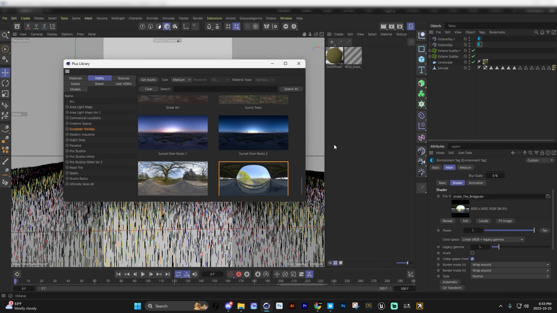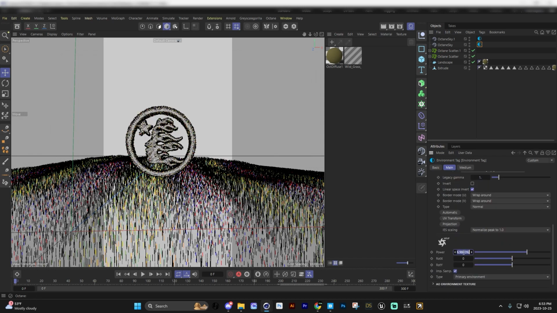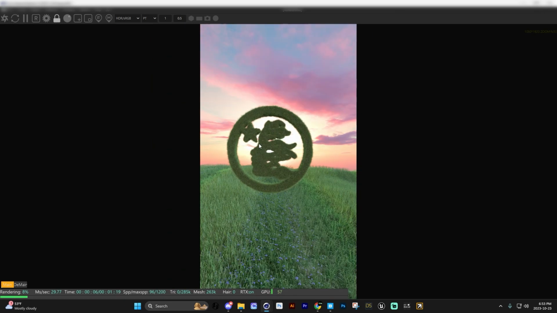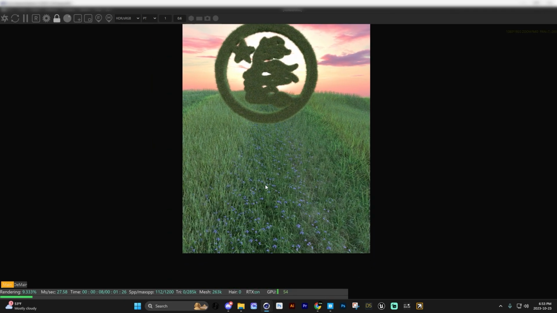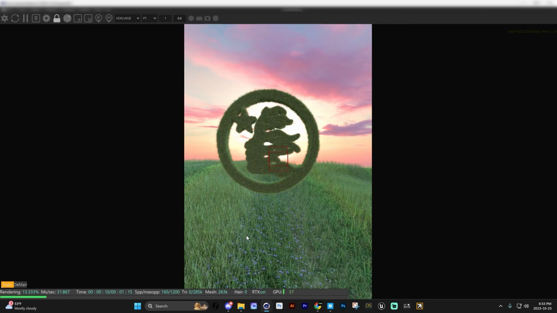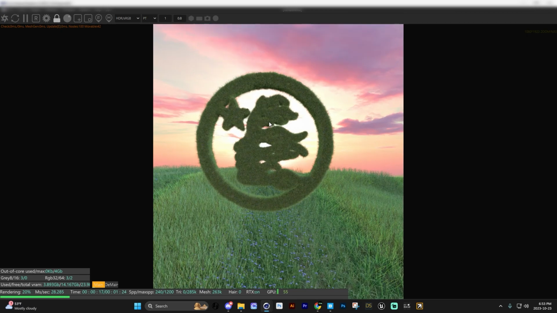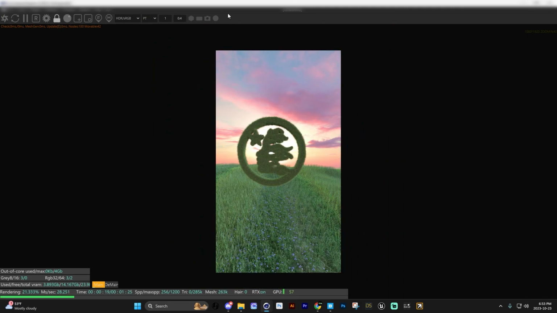Let's see. All right, perfect. I like this one. I'm gonna stick with this one. All right, so we're gonna put it on 6. Yeah, put on 6. All right, so boom. This is what our scene is looking like so far. This is literally just adding the HDRI and the back of the sky. As you can see, it's still looking pretty realistic. I just made this in less than 10 minutes. Super quick, super easy for you guys. But yeah, that's how it's looking so far.